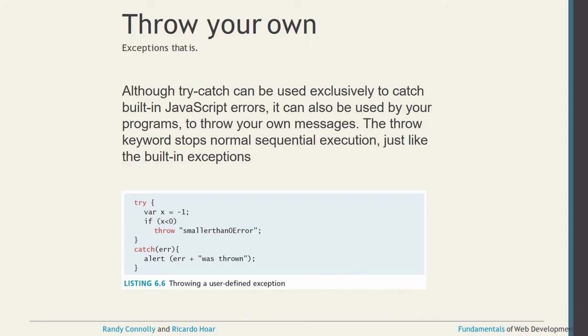What I discussed previously was the inbuilt function, but if you want, you can write your own. You see inside the try I have written an example for your own statements. If x is less than 0, then you can throw a message such as smaller than error, and this message you can display. But if you are using the inbuilt one, the inbuilt message will come. Got it? And in the catch, the same error message, if you want, you can display.